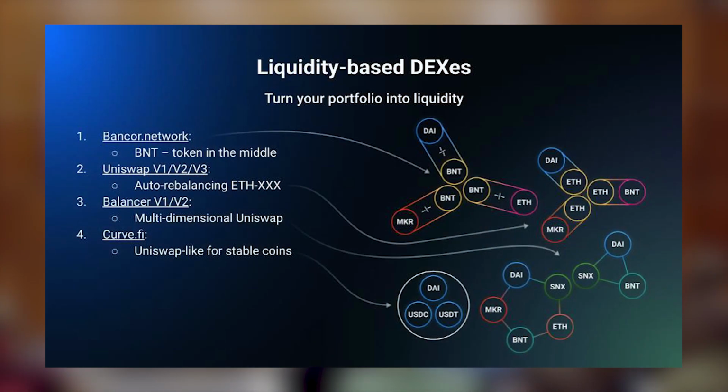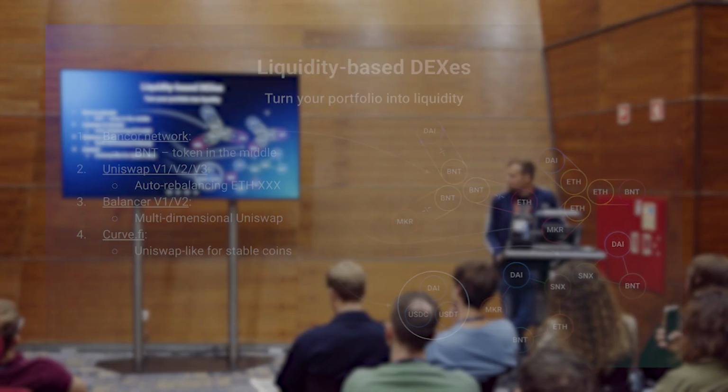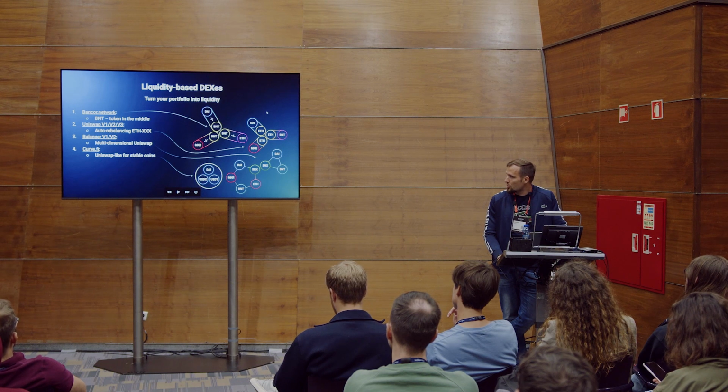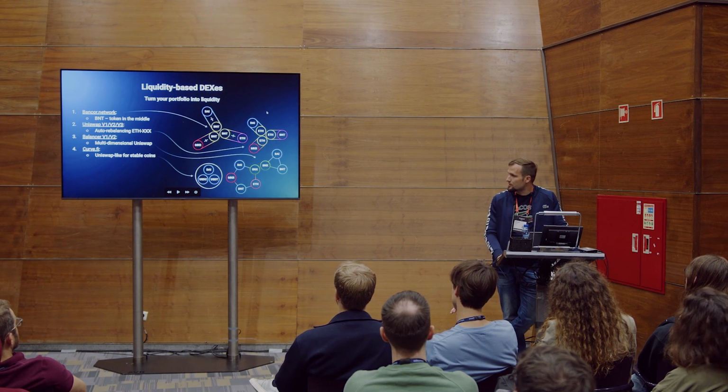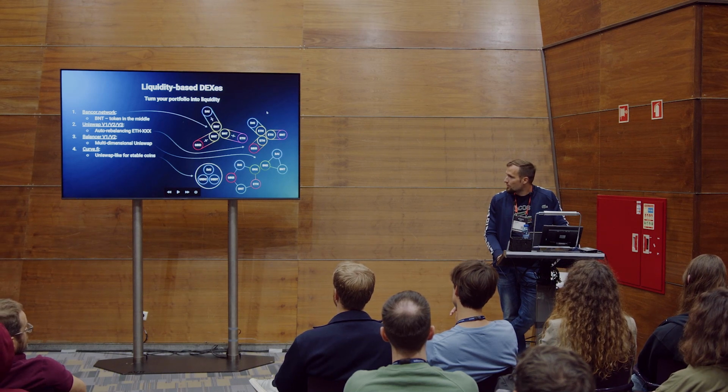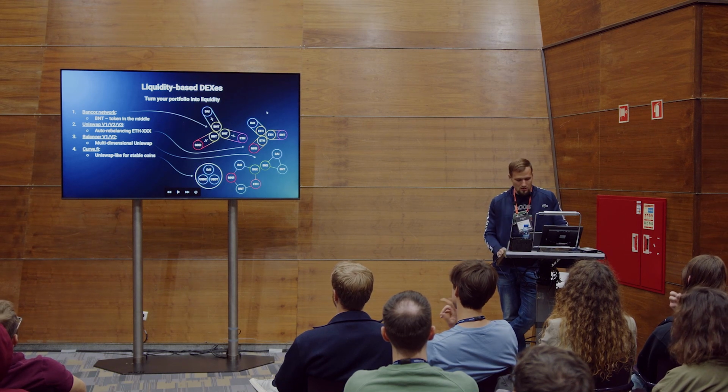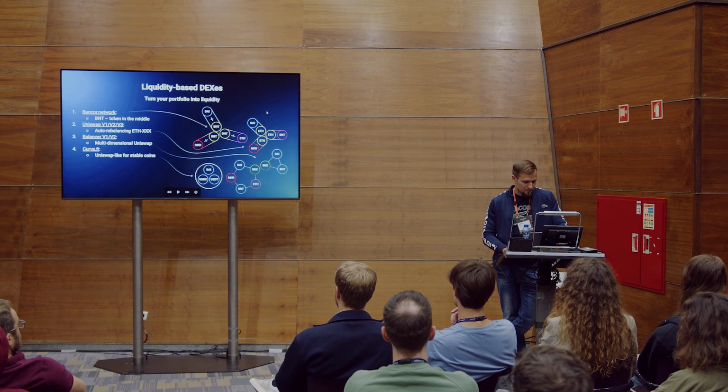The whole concept of Bancor network was pretty cool. They had pools of 2 assets, one of which was always the BNT token, and you could swap any asset to any other over this middle asset, BNT. But the formula they used was pretty complex, and it also involved the ability to mint BNT if there was a lack of this amount. Much simpler solution was introduced by Uniswap, and it got much more traction.